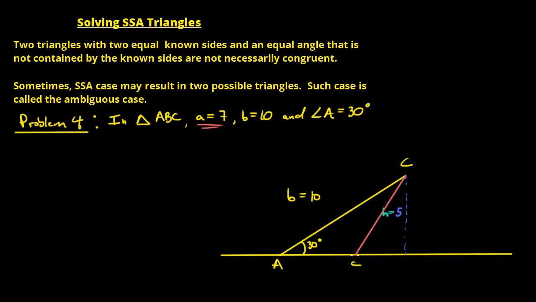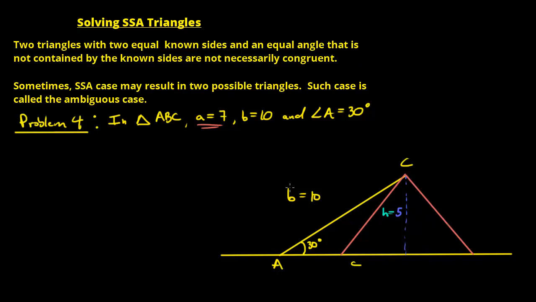So there's actually 2 positions, based on the parameters that we've been given, where side a intersects side c. This point here and this point here. So there are 2 possible triangles in this case. And in this case, notice that